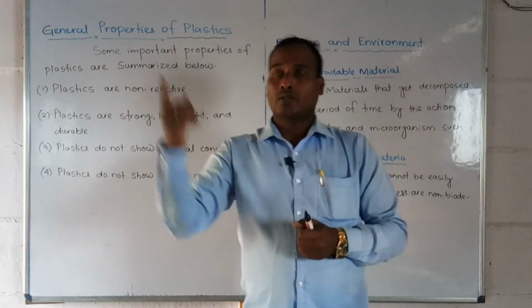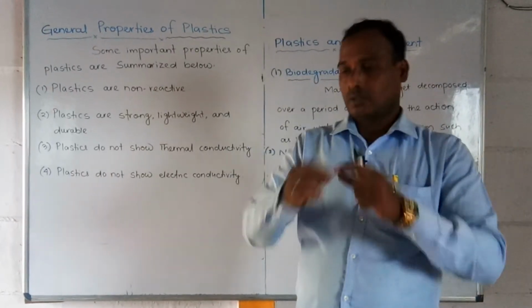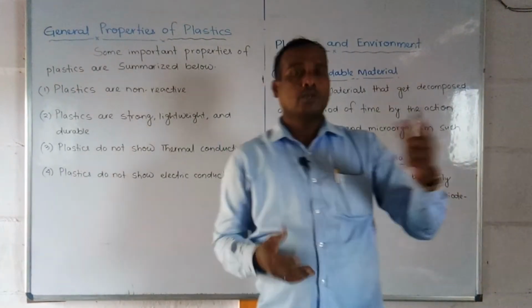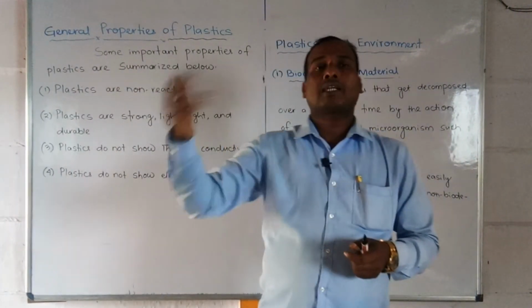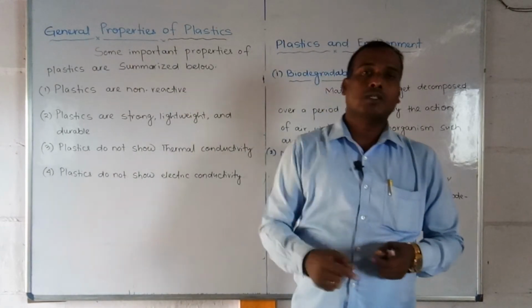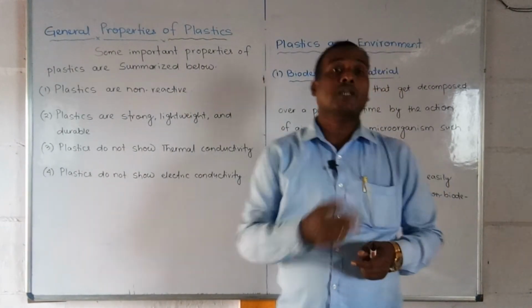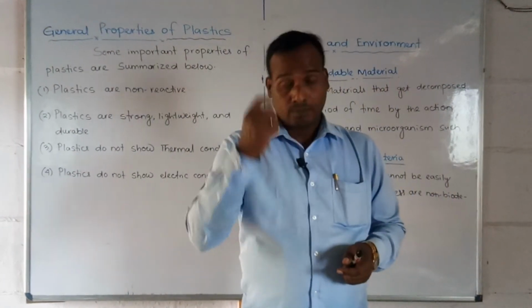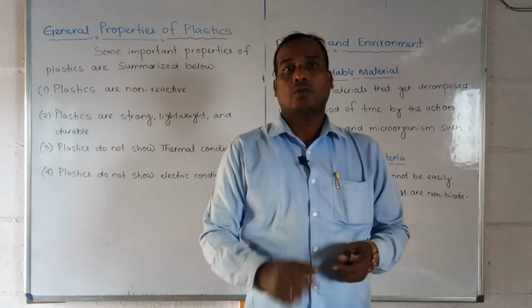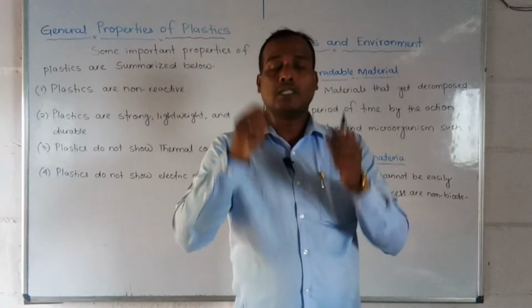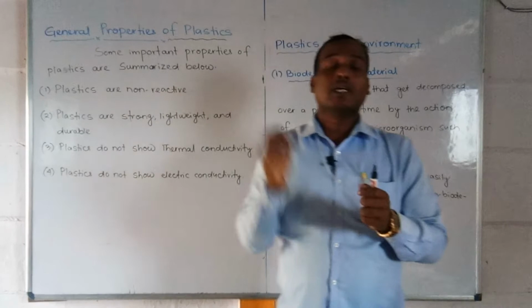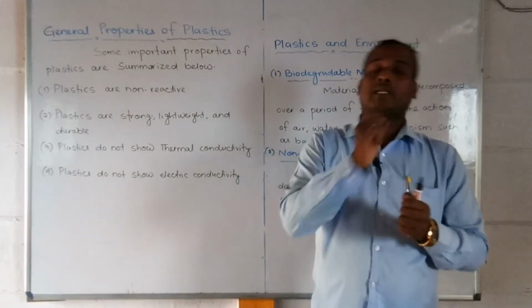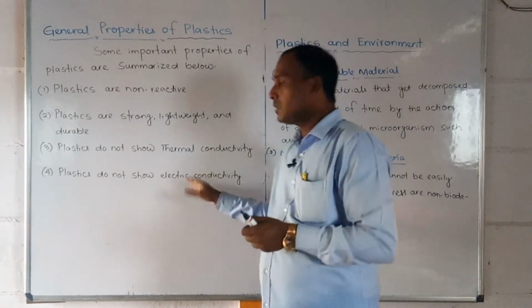So that's why you have seen that whenever wiring is done in your house, or whenever an electrician is doing some work, the wire is covered with a plastic coating. Because plastic is an insulator of electricity, the current cannot pass through the plastic. Okay, so it is a very important characteristic.